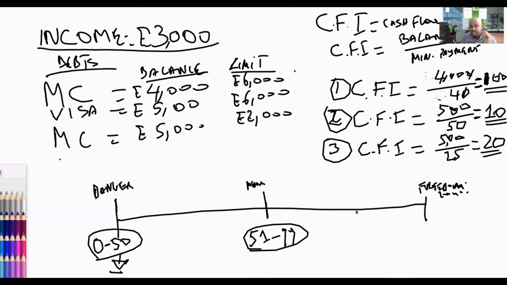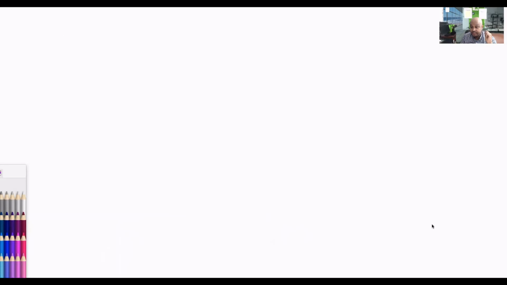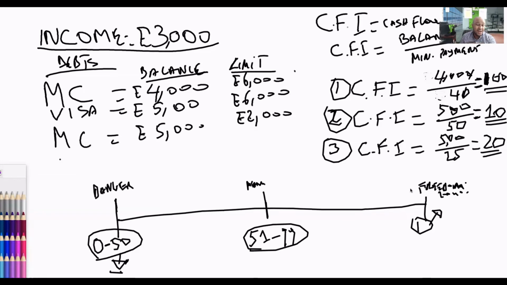Now, we can see that the first credit card has a balance of 4,000 and only pays £40. He got 100 as a cash flow index number. So the first credit card falls under the freedom zone. Really, you don't need to pay off this one because it's really small interest, and what's the point of paying it off really quickly unless you have cleared all the debt and then you want to do something else. Okay, but this video is all about showing you, if you've been struggling with managing your debt,